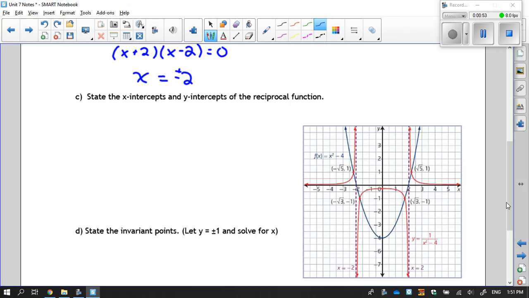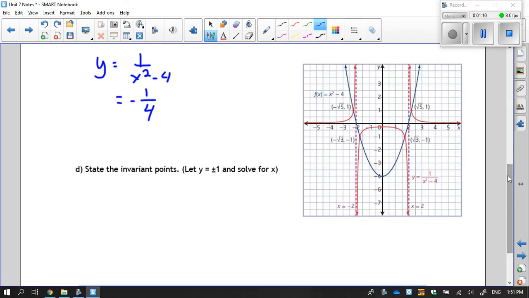State the x-intercepts and the y-intercepts of the reciprocal function. Well, we don't have any x-intercepts, and our y-intercept is 1 over x squared minus 4, so y is equal to 1 over negative 4. And we can see here that I have this helpfully graphed for us on the side because I knew we